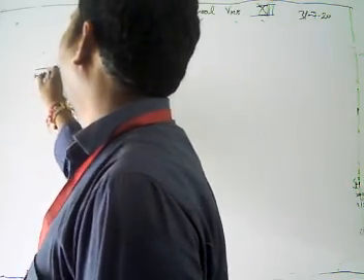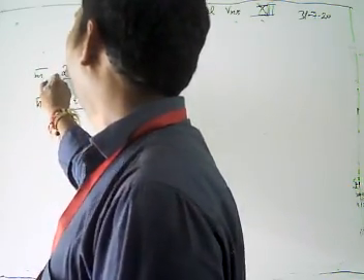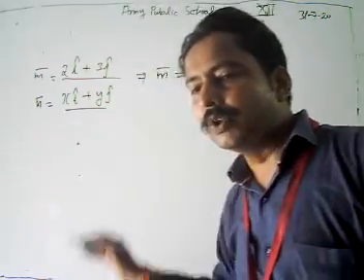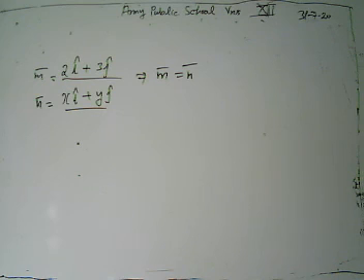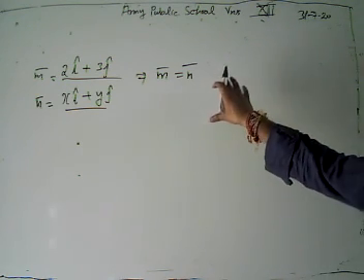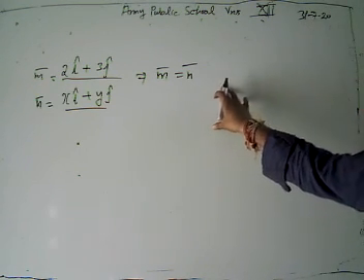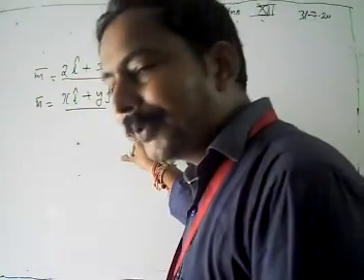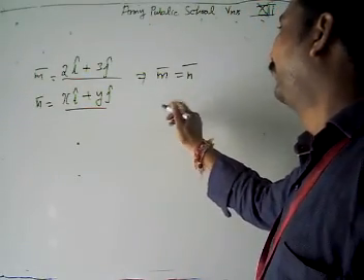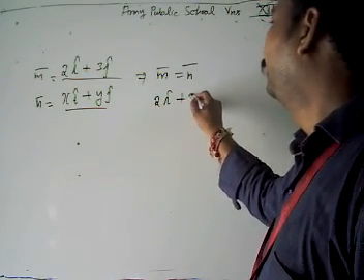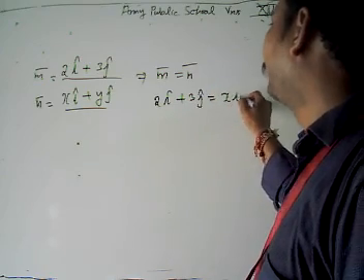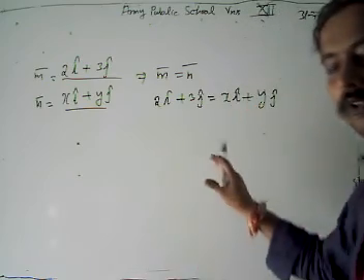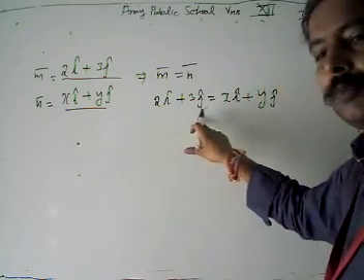Let's suppose it's our vector m, and this is our n. It's given here: vectors m and n. Our two given vectors are equal. Two vectors are equal if and only if their corresponding components are equal. If it is given that m and n are equal, it means 2i cap plus 3j cap is equal to x i cap plus y j cap. If these two vectors are equal, it's only when their corresponding components are equal.